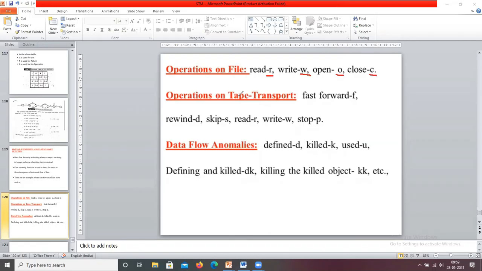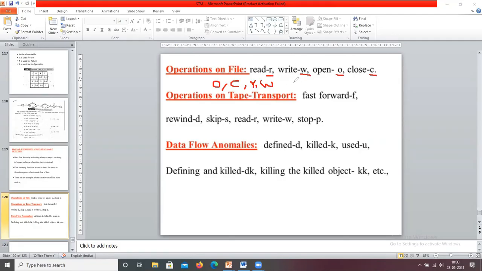A file can be opened, indicated with O. A file is closed, indicated with C. A file is read, indicated with R. If you want to write anything onto the file, that is indicated with W. If the file is read or written to after it has been closed, the sequence is non-sensible. That means after closing the file, you want to read or write the data. That we call an anomaly.